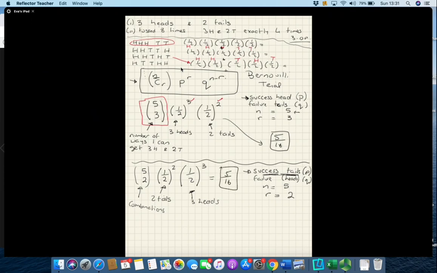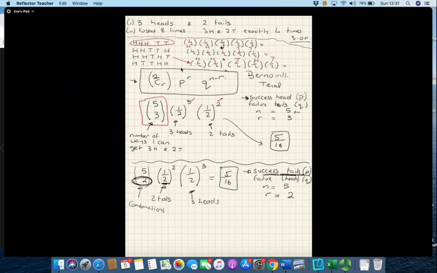So when it doesn't say which is success and failure, you choose. But you have to be careful that you match your R value to whatever you decide your success is, and that you choose the right probability here for success. Okay, so that's part 1 of the question,